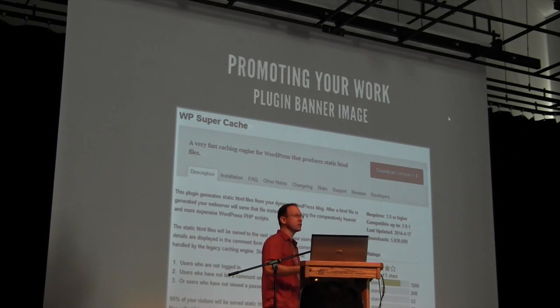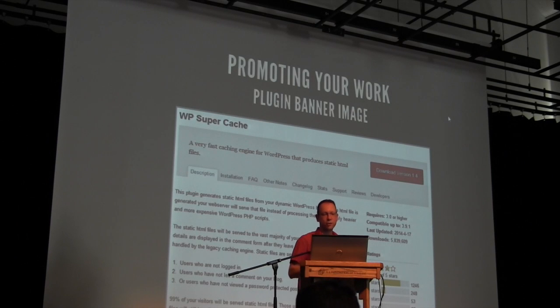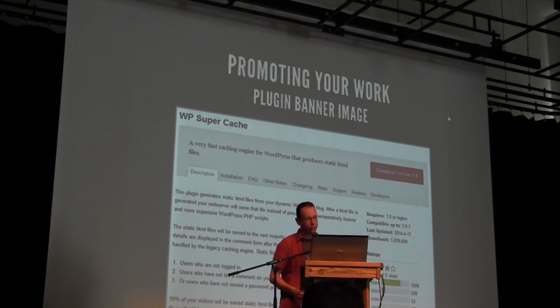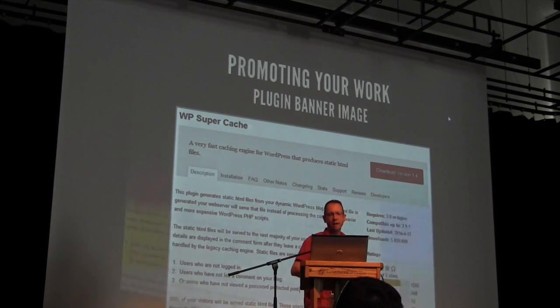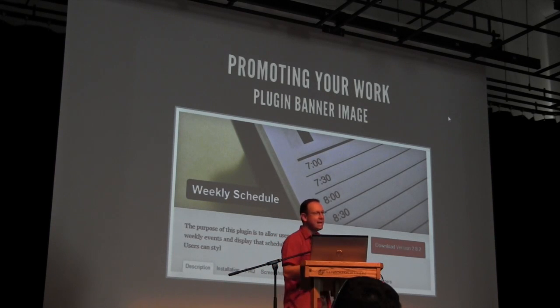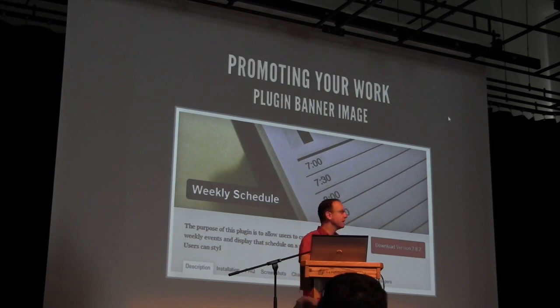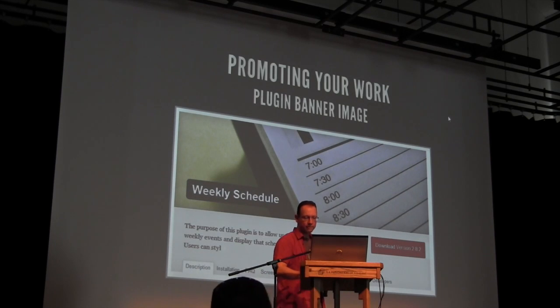Now this first example here shows a site that does not use the banner image. So it's more of the older style plugin page, and so you'll get basic information like the name, a basic short description for it, and then a larger description of what the plugin does. Now you can dress that up very easily by creating your own banner. So there you can upload an image that will load up in the header of the plugin, and this image could be anything you want. It doesn't need to follow specific dimensions, but then you could have a basic picture like we have here. Now that does kind of give you a basic idea of what the plugin might do. Here it deals with schedules, there's a planner. That kind of can let a user at least imagine what it might do.